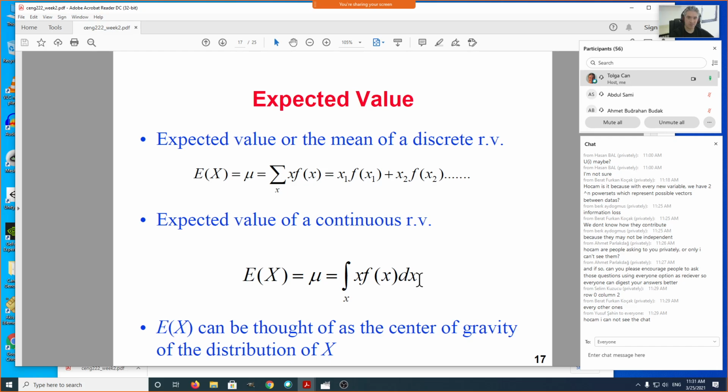On Tuesday, I'm going to talk about expected value, variance, and